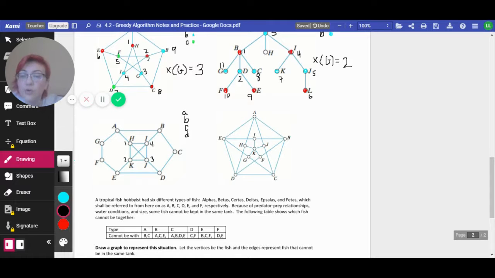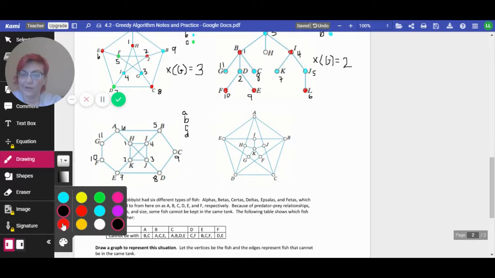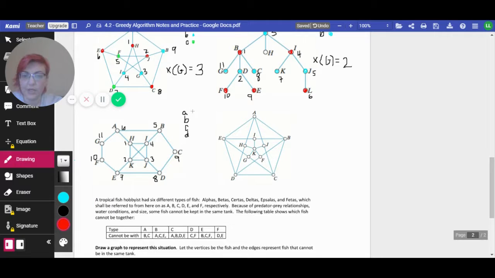Now I'll move to the ones with degree 3, 5, 6, 7, 8, 9, 10, and 11. Okay. Color A is going to be red,